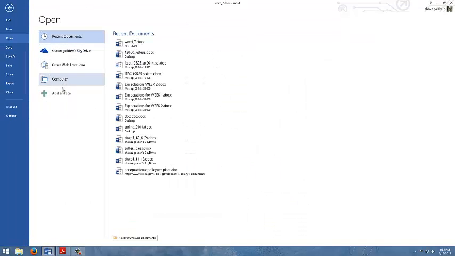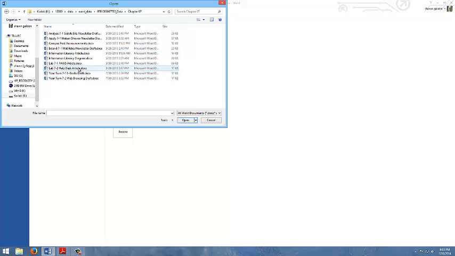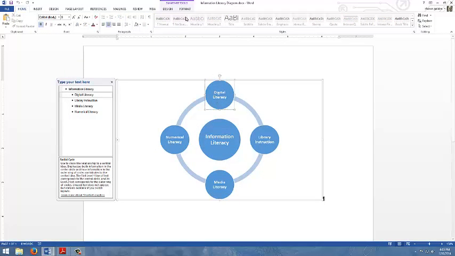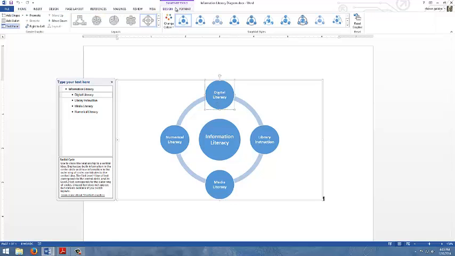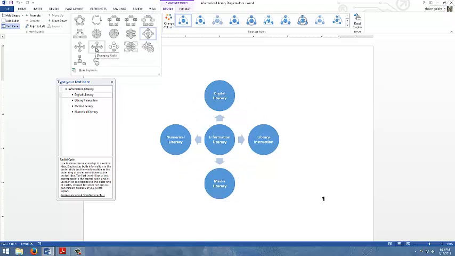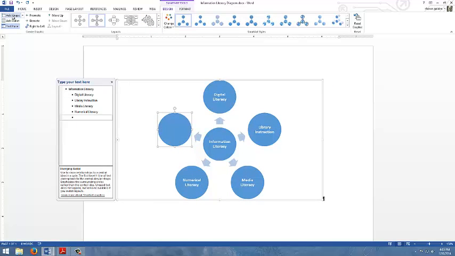I'm going to open up from our data files a file that has a SmartArt graphic already in it. It is called Information Literacy Diagram, and this is the diagram. If you click on that, if we go up under the Design tab, they want us to change this to the one called Diverging Radial, and then we can add a new shape to make this, instead of 4 things around the middle, 5 things. And with this one here, I'm gonna use my little area over here to type in